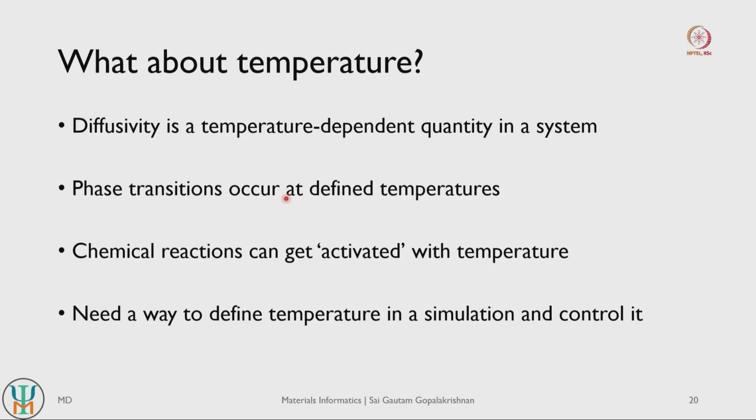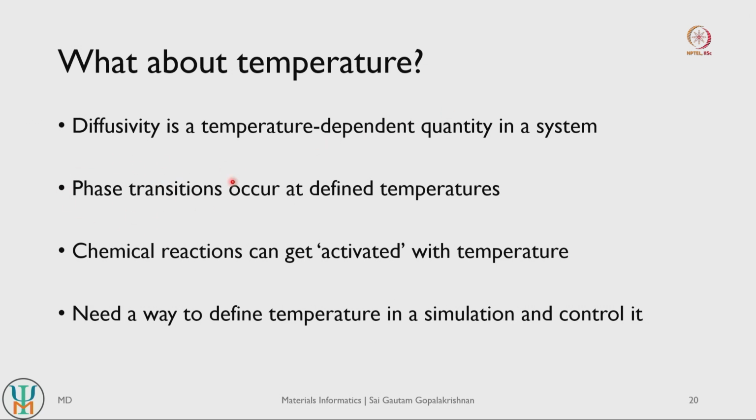Okay. So far we have looked at several possible things in molecular dynamics, but we never looked at temperature as a factor, right, and if you actually think about diffusivity as a phenomenon, diffusivity is highly dependent on temperature, right. So typically at lower temperatures you have very poor diffusivity of atoms, and as you keep increasing temperature, diffusivity generally becomes better in most solid systems, right. So diffusivity is a temperature dependent quantity, which implies we need to introduce temperature within our molecular dynamics simulations.